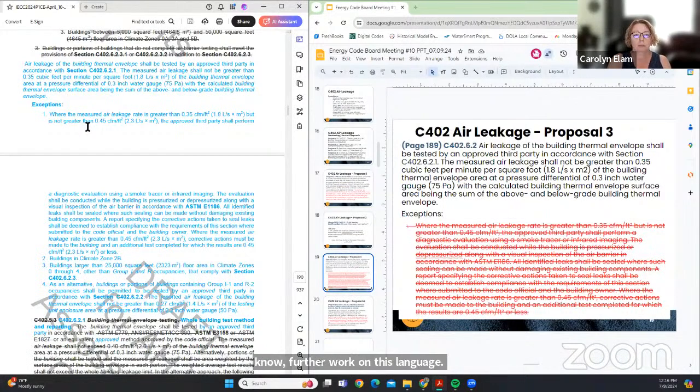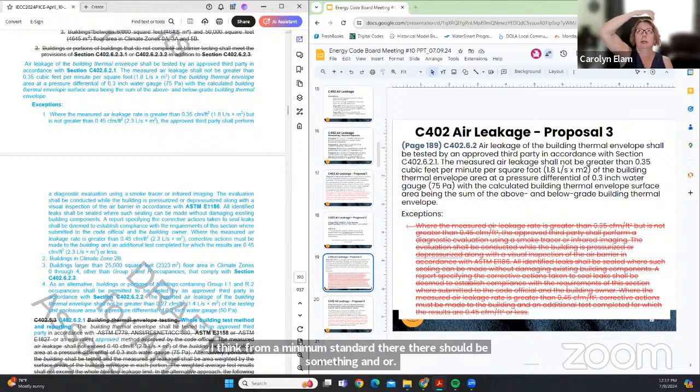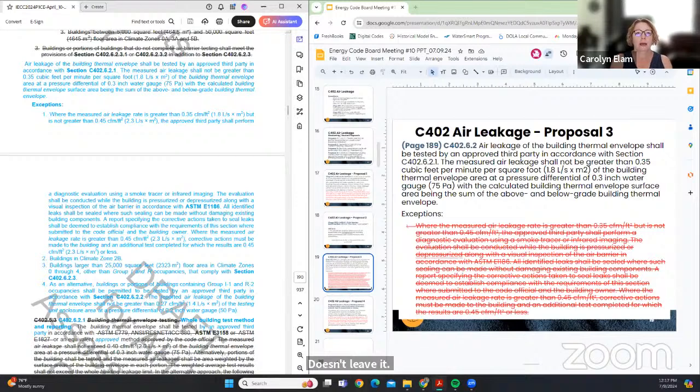That makes it so that we want reasonable efforts to correct leakage, but very clear that the intent is not to require invasive remedy. And then jurisdictions that want to require invasive remedy can certainly go above that. But I think from a minimum standard, there should be something, rather than leaving it undetermined, so that jurisdictions adopting this may not think it has to be invasive. So I just wanted to name that: I wouldn't advocate for deleting it. I'd be open to refining it if folks, per the earlier discussion, have some recommendations.